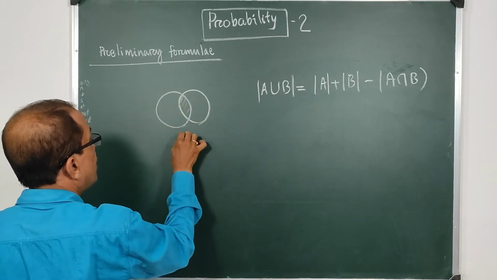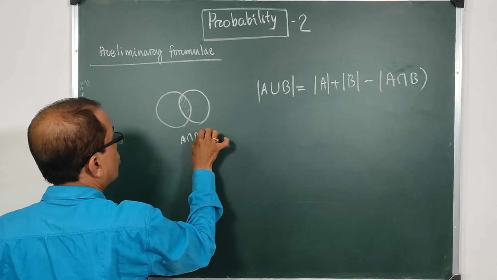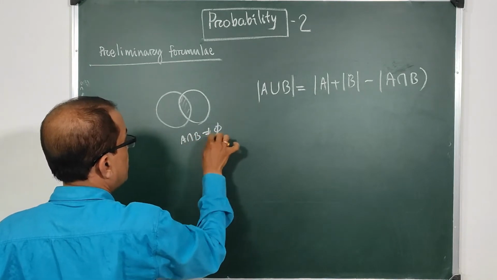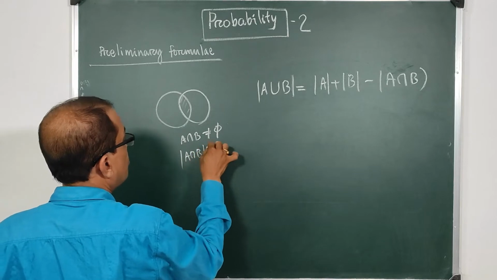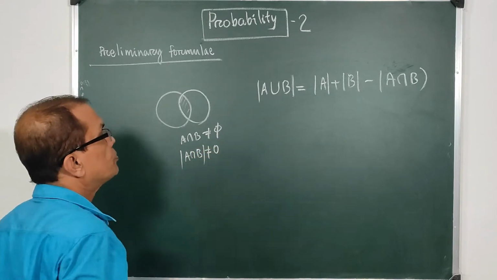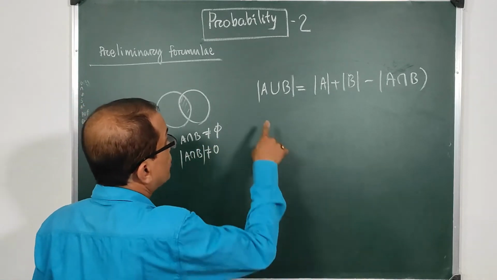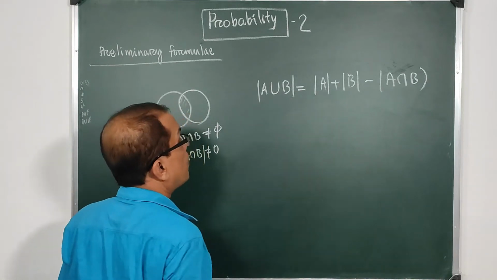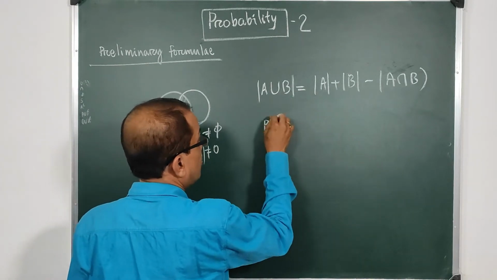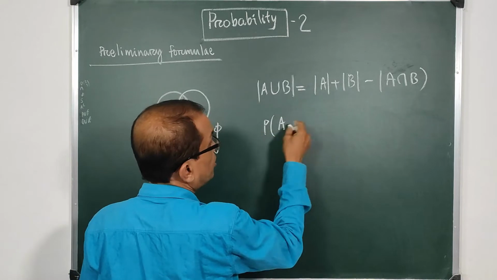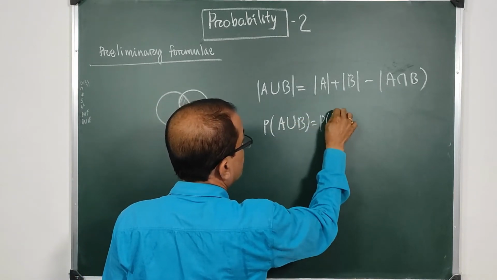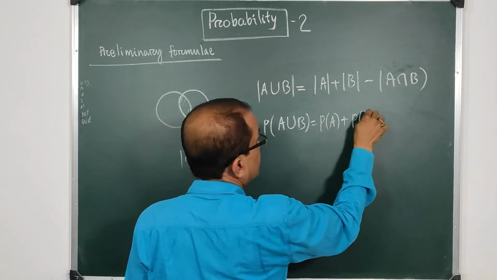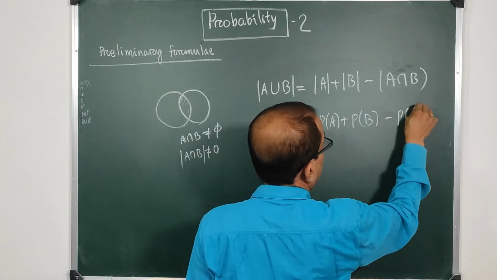This means A intersection B is non-zero. This is not phi. So if we convert this into a probability formula, it will give us P of A union B is equal to P of A plus P of B minus P of A intersection B,